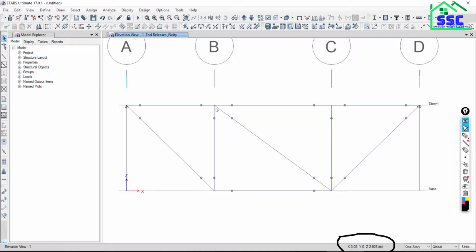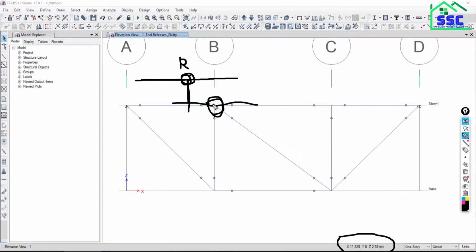So all the joints have been assigned the releases. As we discussed earlier in the last session, whenever you model a beam like this, suppose there is a beam like this, and if you end this beam at this joint and start a new beam from this joint, then by default the software will consider this intersection point as a rigid point. Rigid means what? It carries the moment. This is an example of this. This is one member, this is another member, but by default it considers this joint as a fixed joint.